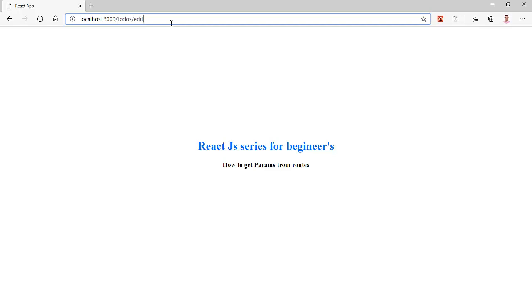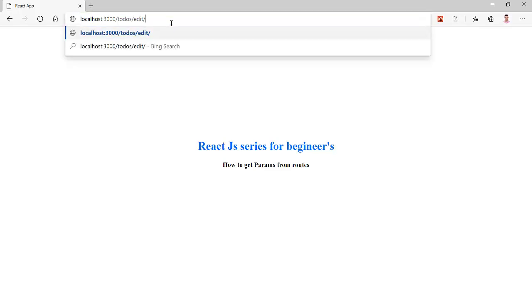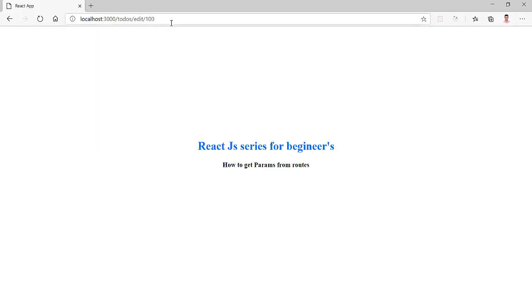So for that, for a particular to-do, we need a parameter here. The parameter defines the ID or the unique thing about that to-do that you want to edit, delete, or do anything about. Like there is one first to-do, you can access now 100 to-dos here. So how to get this parameter? This is known as a parameter. So we will get to know how we can define the parametric route.